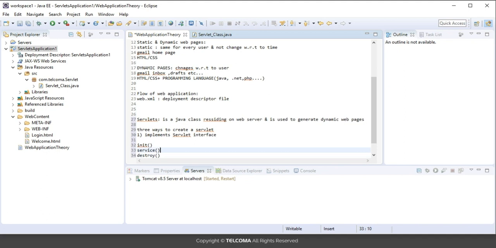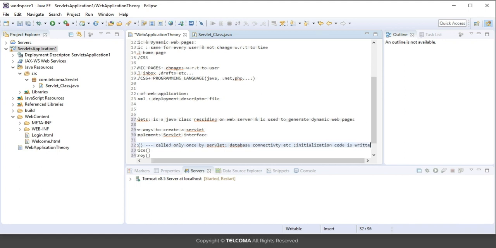Now, as the name indicates, init method is the one which will be called only once by a servlet. This is not called every time this servlet is being called. It's called only once by a servlet. So you can write only your database initialization code, or some initialization code can be written over here. Database connectivity, etc. Basically you can say the initialization code is written, because this is not called for each request which is